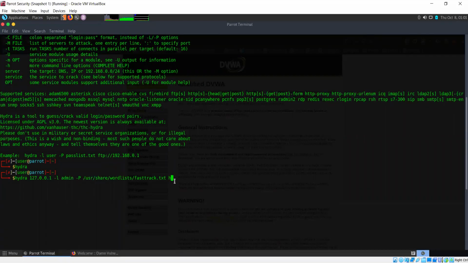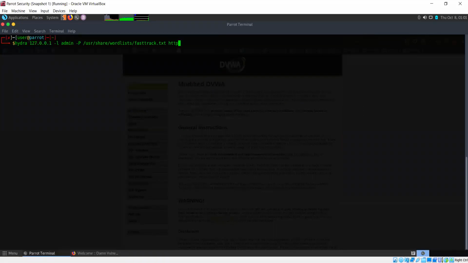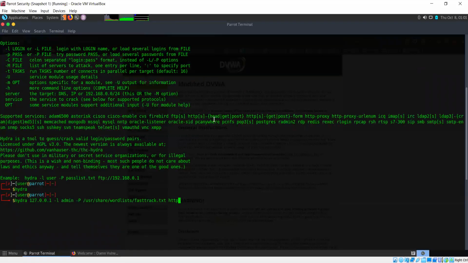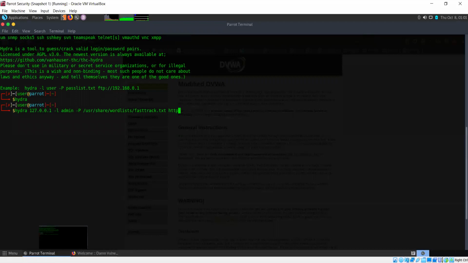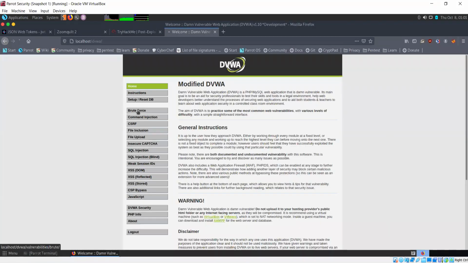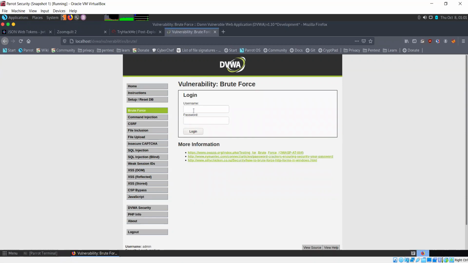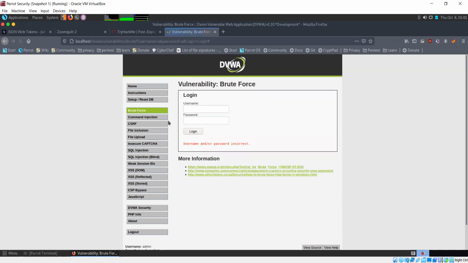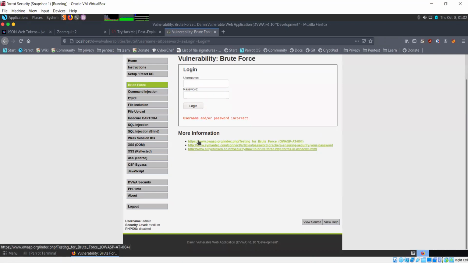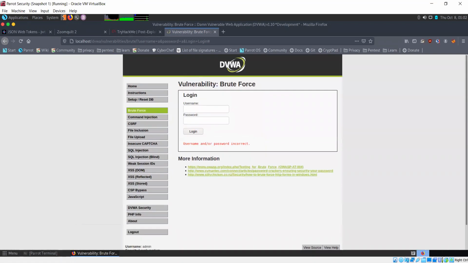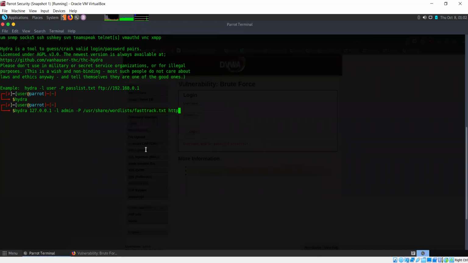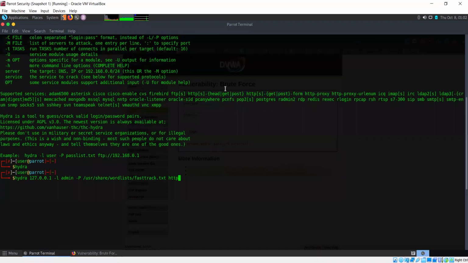So since we are using HTTP, it's a web browser, and the method that is being used here is GET, HTTP GET method, and we can confirm that if we want. I click on login. So all the parameters are being passed through the URL itself. So it's a GET request. So HTTP GET,